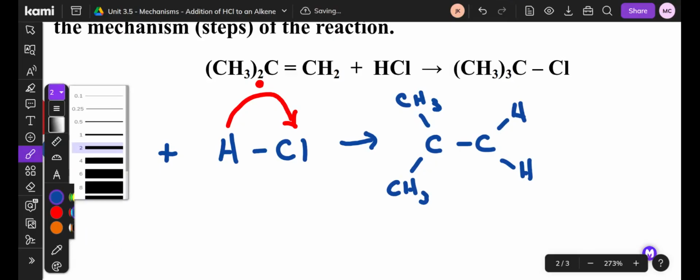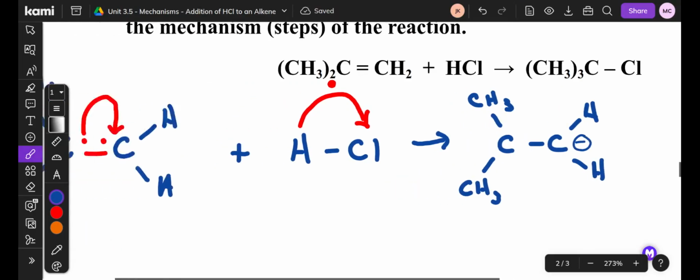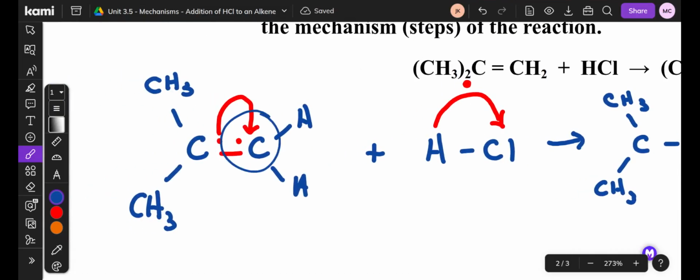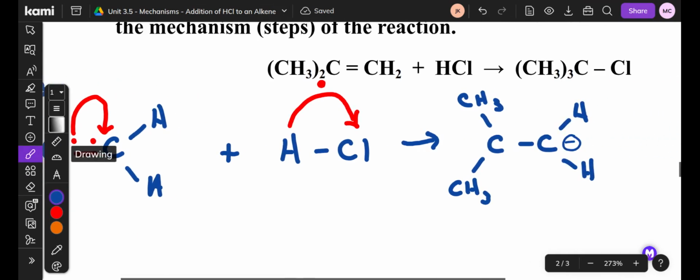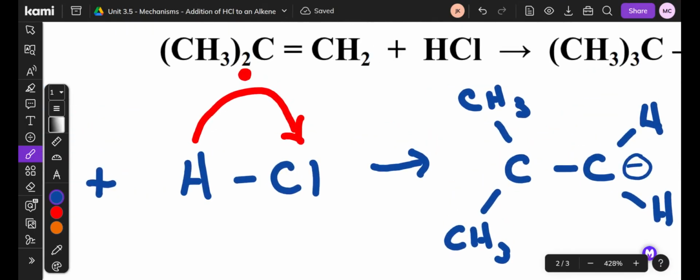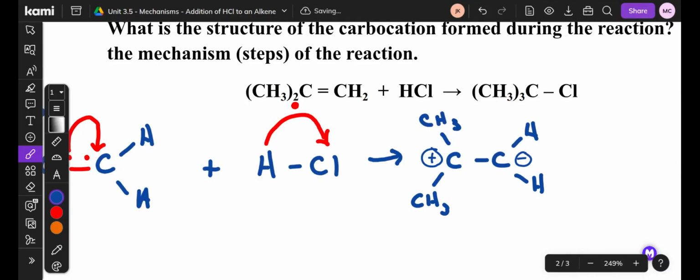Except now, this carbon is going to have a negative charge. Why is that? Because it just gained that one electron from the other carbon, so it's now got 2 electrons over there. So what do you think the charge on the carbon on the left is going to be? Positive. So for a moment in time, we have those 2